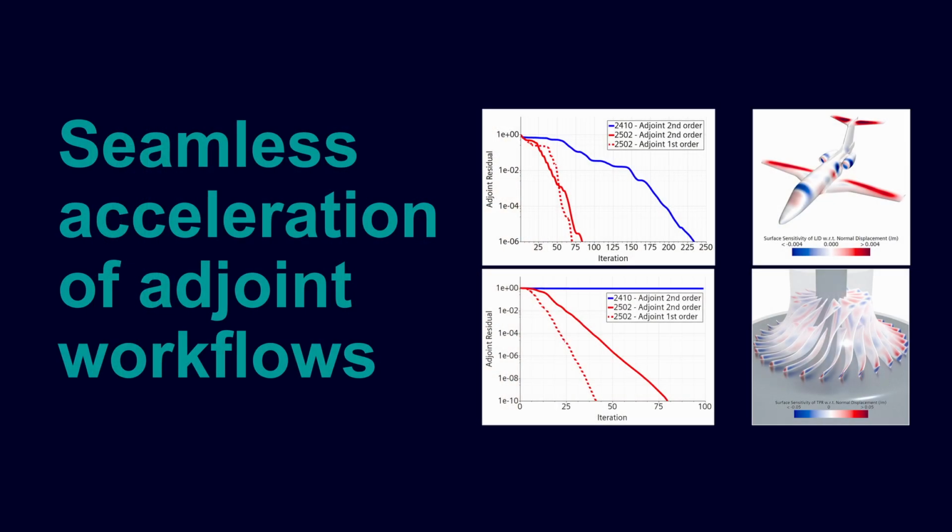The second benefit is in terms of accuracy, because in the past, one common workaround to still get a well converged solution was to revert to first order discretization for the adjoint solver, of course compromising a little bit on the accuracy of the sensitivity. Now this will be less needed because, as I just said, good convergence is ensured also with the second order adjoint solver, still maintaining the accuracy of the second order discretization.